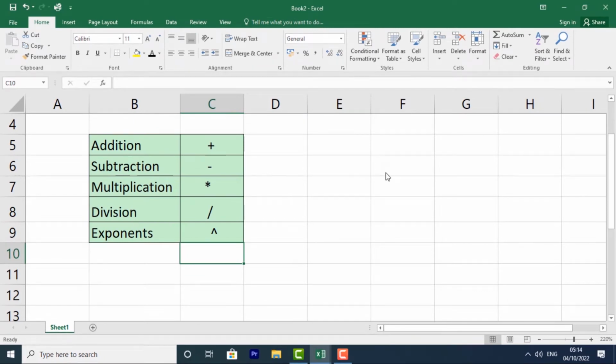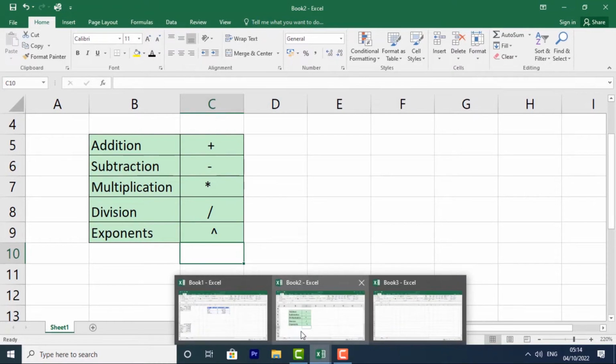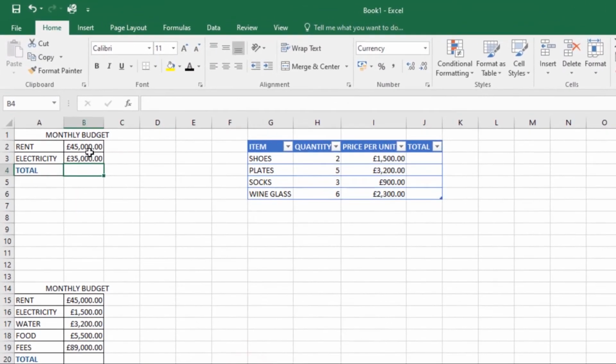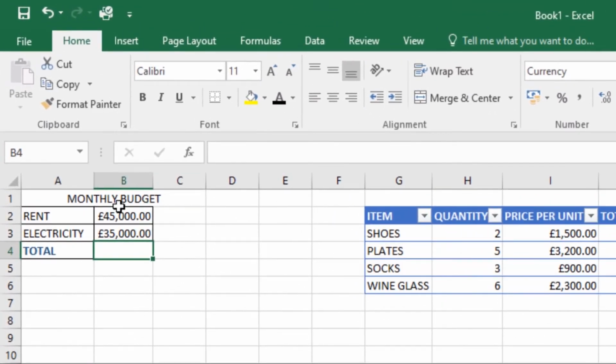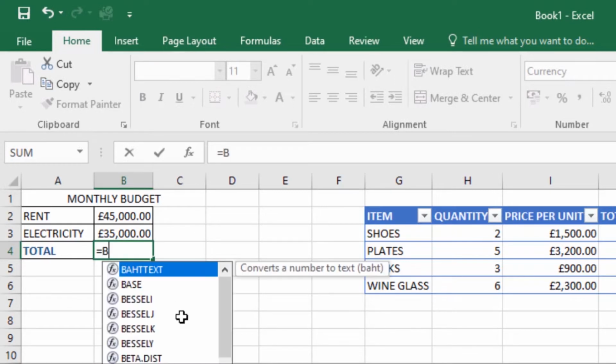Now, let's create a formula. So I have a table over here. Now, I want to add the totals of these two. So what you do first is you select the cell that will contain the formula. So I'll select this, then type an equal sign. Then from here, type the cell address of the cells that you want to add. So I want to add B2. So I'll type in B2